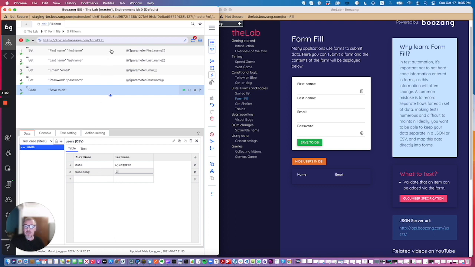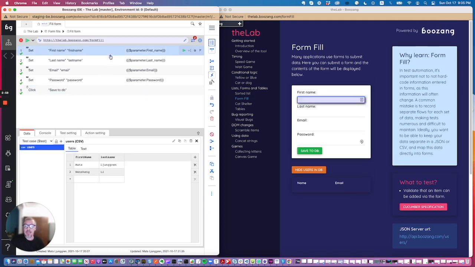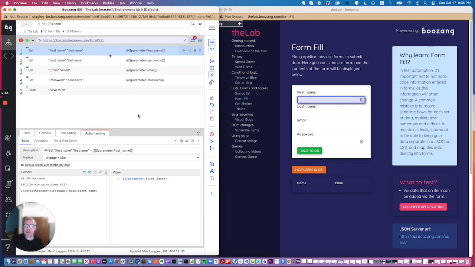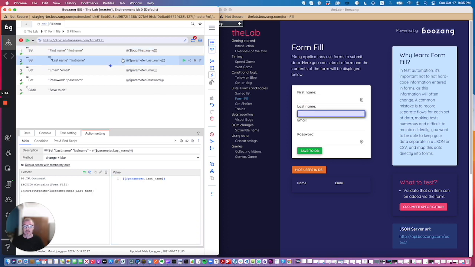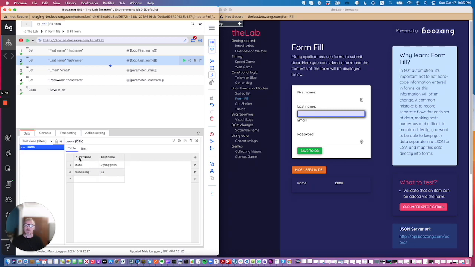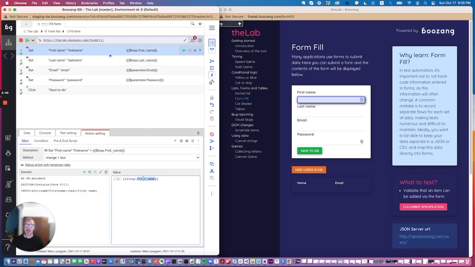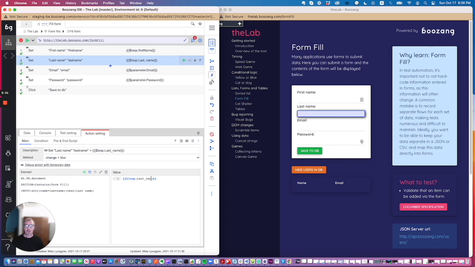So instead of using parameter first name here and parameter last name here, we can now use the loop first name and loop last name. But remember, here you need to comply with what's exactly in the columns here. And you see we're using camel case here. So let's make sure that we modify this. And as you can see, we get autocomplete. So we get the first name here. And then on the loop side here, we will remove this and just say